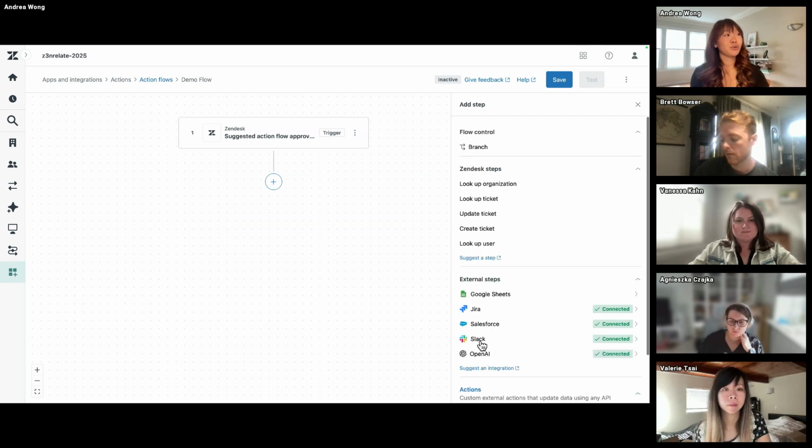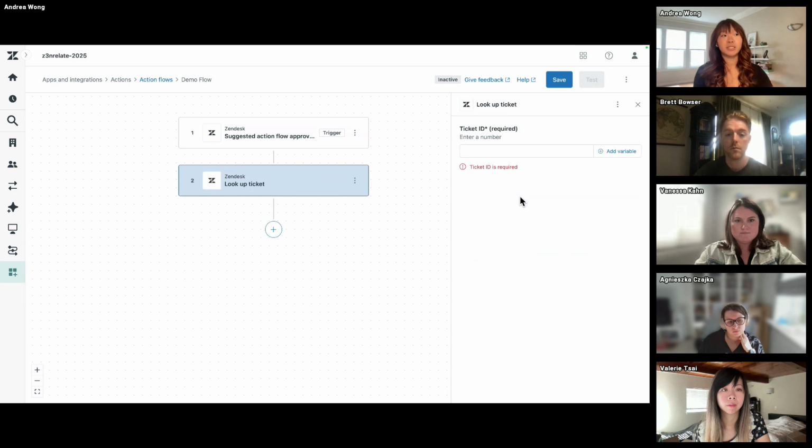But going back to our flow, one best practice that we typically recommend for your action flows is to always add this lookup ticket step. And that's largely so that you can refer back to information that is in your ticket. We'll see what that looks like, but for now, let's go ahead and set this up by adding our ticket